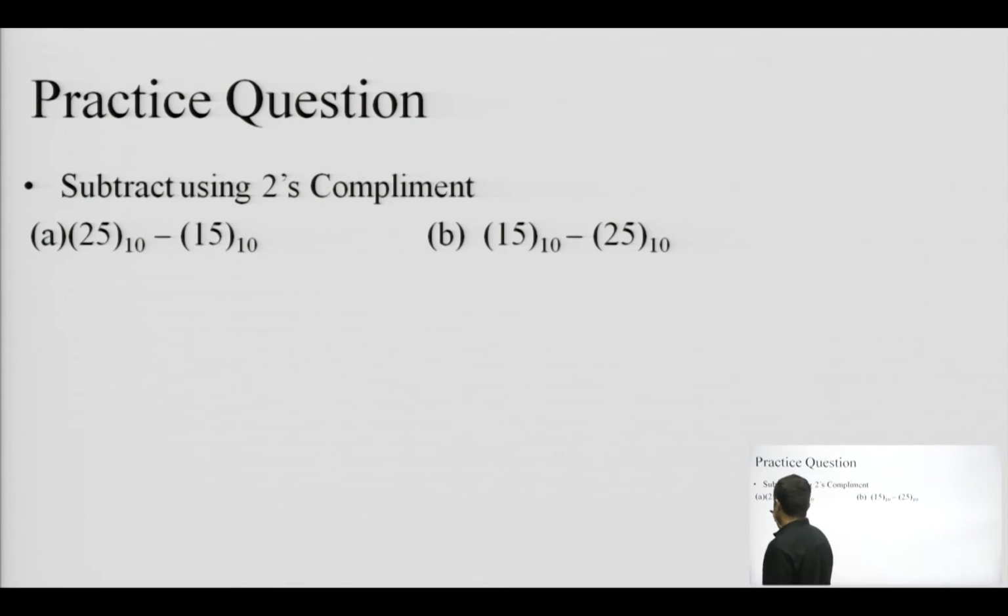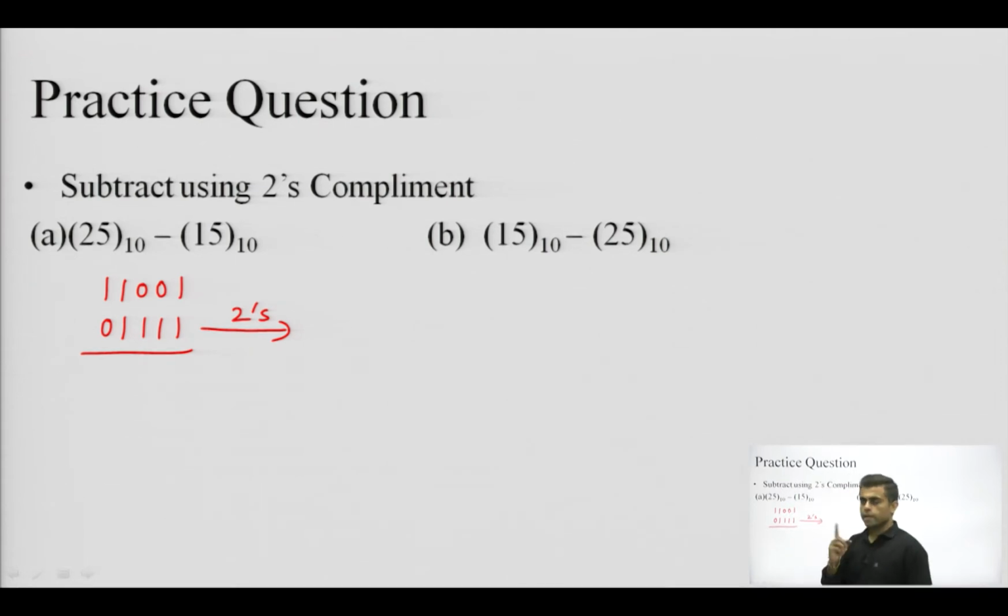Again this 25 will be 0 1 1 0 0 1, this 0 need not be placed there. So, I am erasing it, and this 15 will be 0 1 1 1 1. So, the 2's complement of this number. Now, I can perform 2's complement directly by using the shortcut. I can start looking from the extreme right, retaining the first 1 and then complementing the rest of the number: 0 0 0 1, and retaining the number as it is, 1 1 0 0 1.